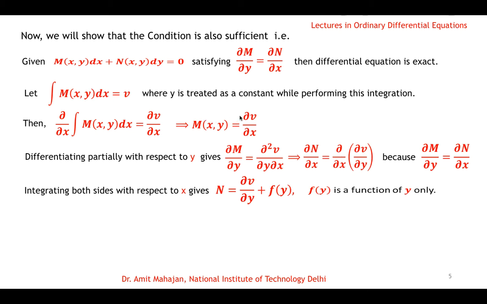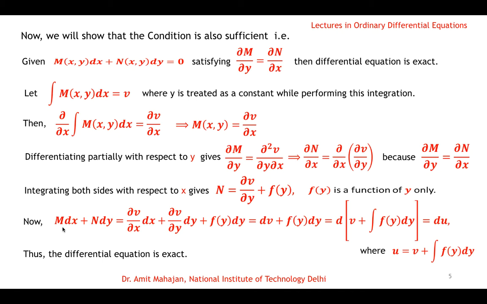So now we know what is m, we know what is n. So we need to prove that the left hand side, that is m dx plus n dy, is equal to derivative of some function u. So what we will calculate now is m dx plus n dy. What is m times dx plus n times dy?